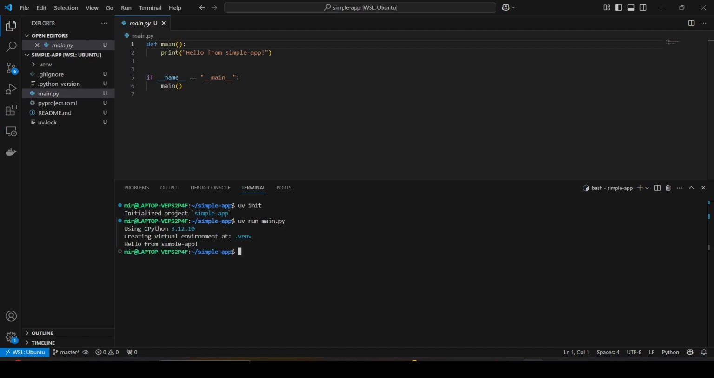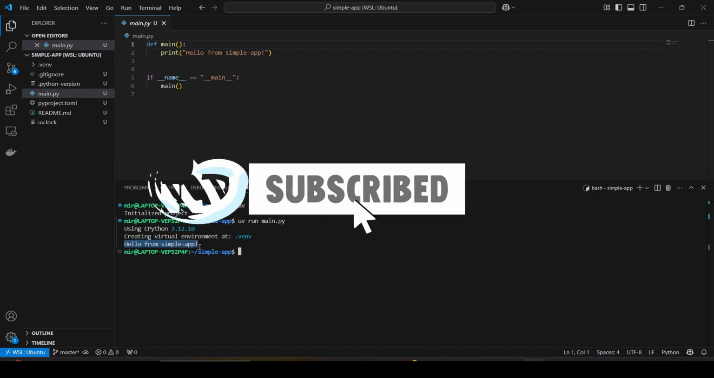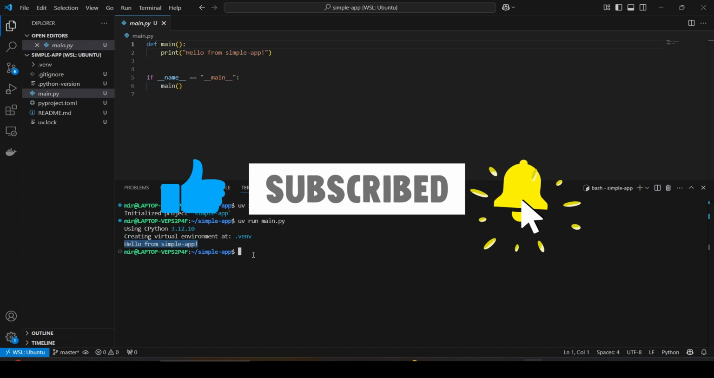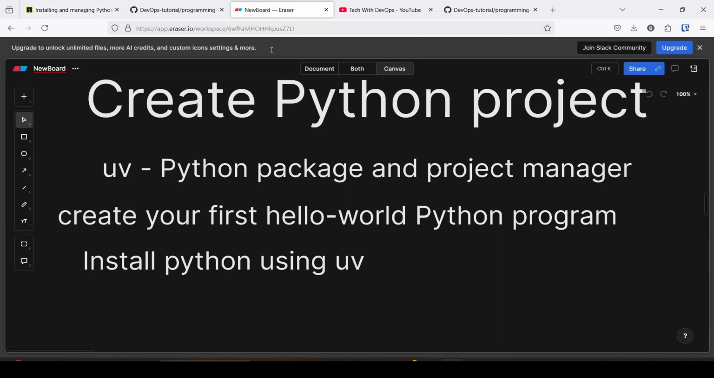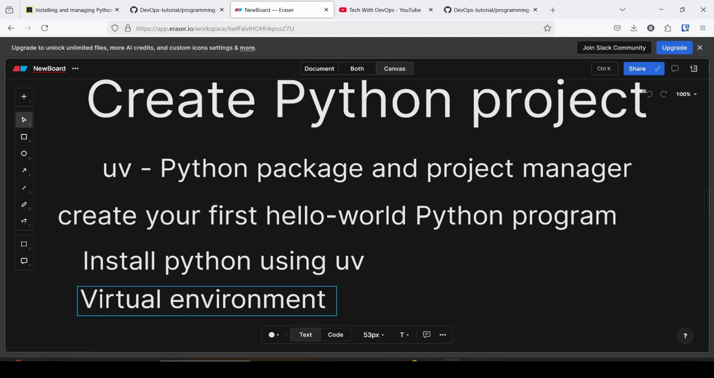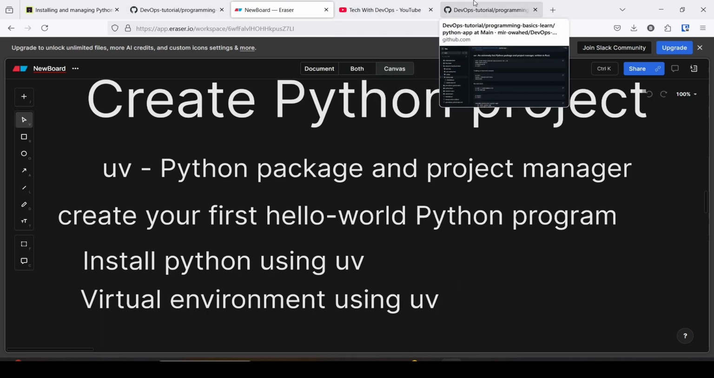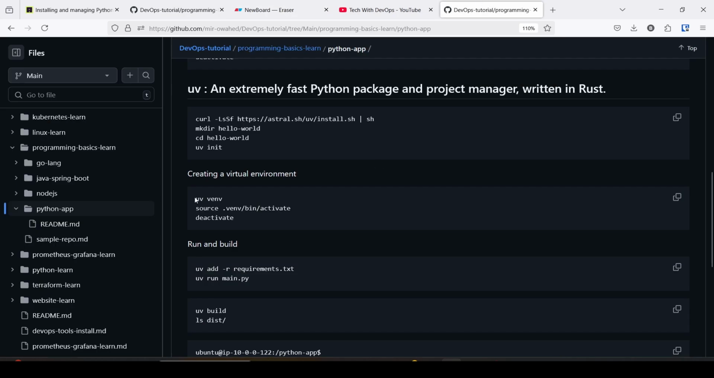Okay, you can see hello from simple Python. Now I am going to show how to create a virtual environment using UV. To create a virtual environment using UV, just go to this uv venv command, and you